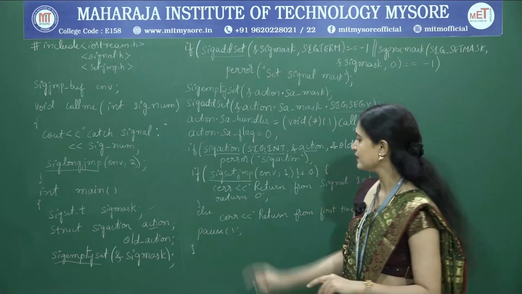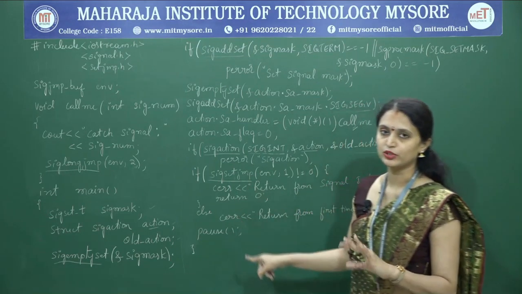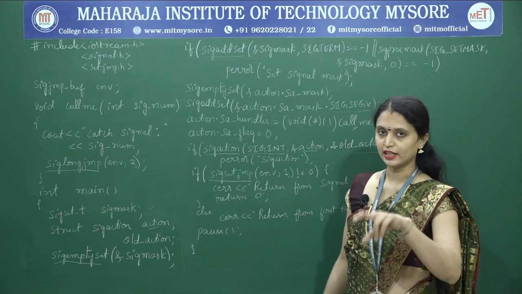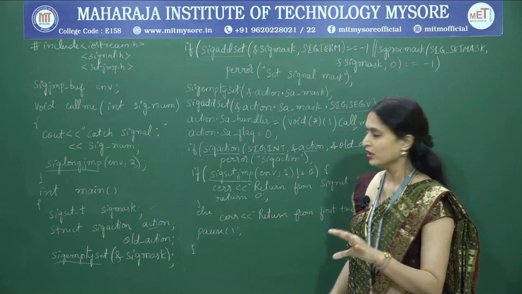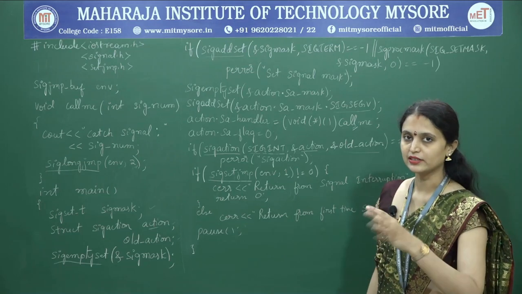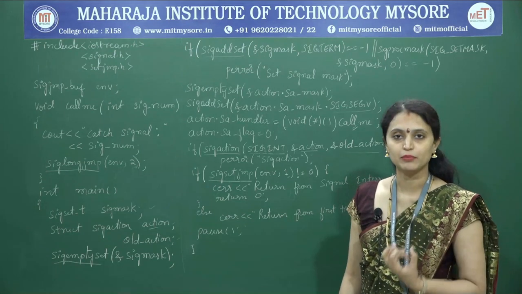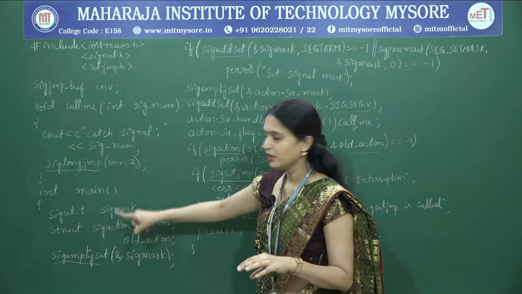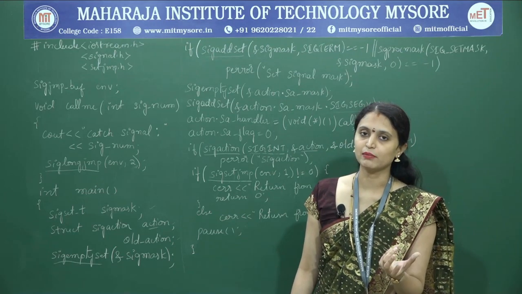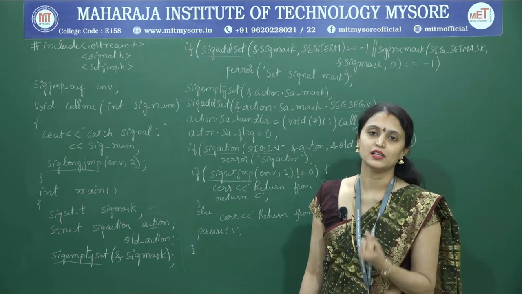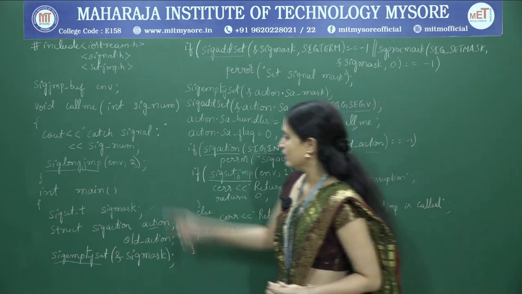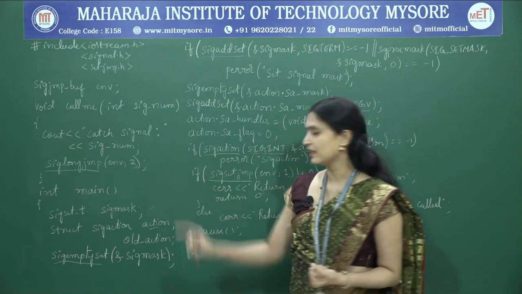Actually, sigsetjmp will be executed multiple times here. In the first case it returns 0, so this will be executed. The second time it does not return 0, it returns some value, so it will print the return from signal interruption. In the third case, repeatedly, when there is an interruption from the keyboard, this will be invoked. At that time the corresponding location will be restored once again. Here the location is the process signal mask we are saving, so the corresponding process signal mask will be restored. This is the importance of the sigsetjmp and siglongjmp APIs.